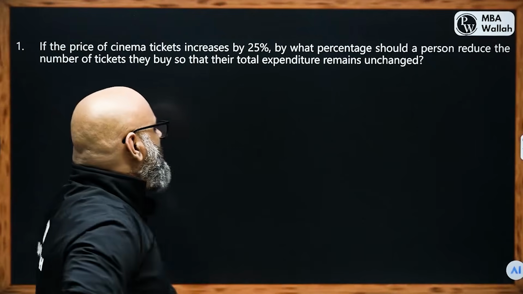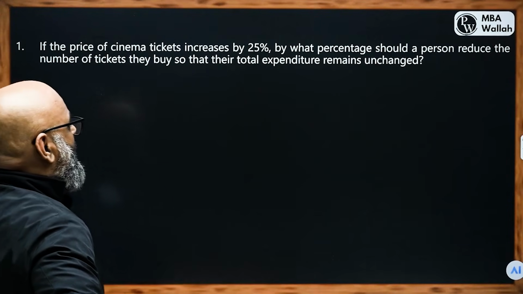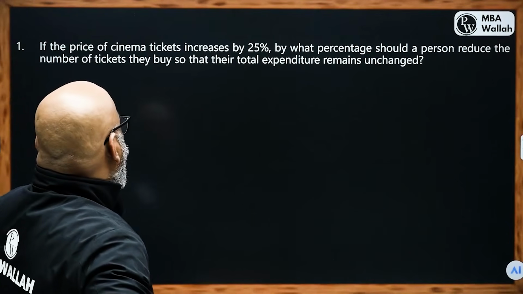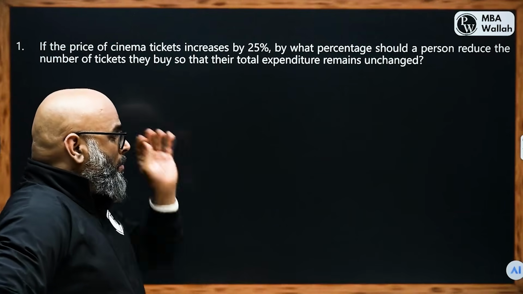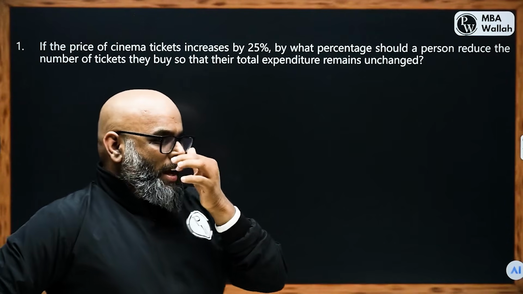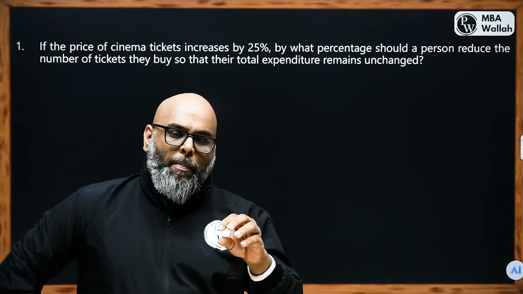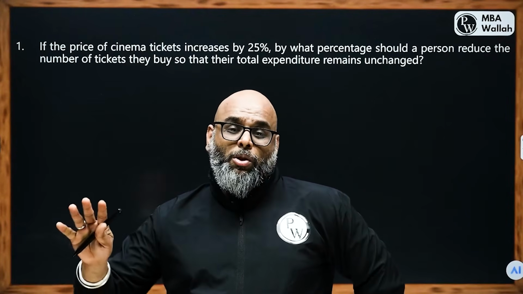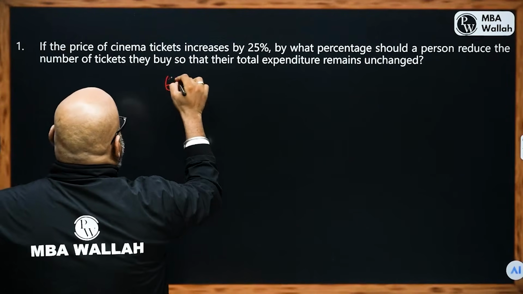We'll have a look at the question. If the price of cinema tickets increases by 25%, by what percentage should a person reduce the number of tickets they buy so that their total expenditure remains unchanged? So the idea of inverse proportionality, we understand it. When a particular value goes up, the other one comes down, keeping one of those variables constant. So for example, my expenditure